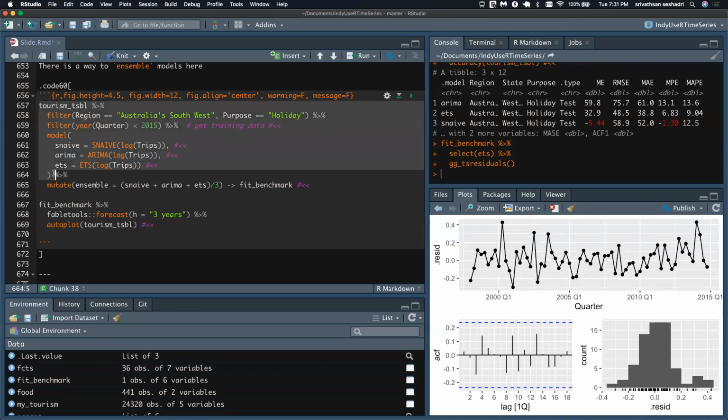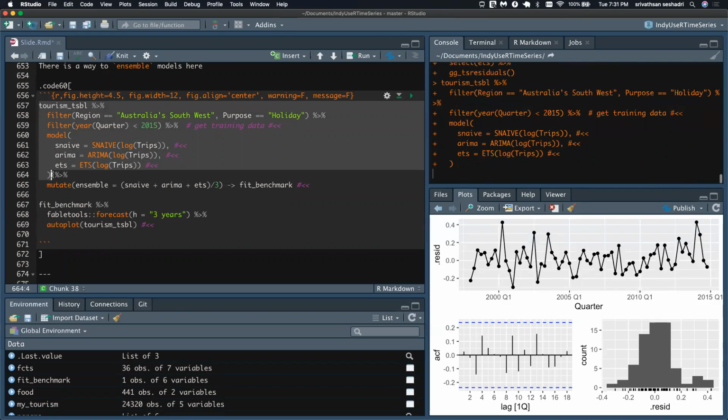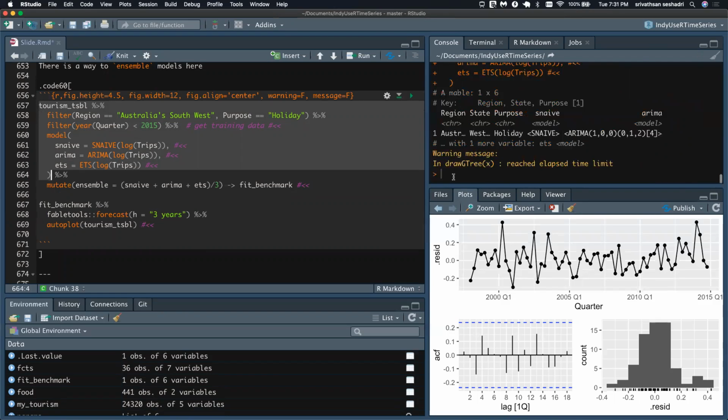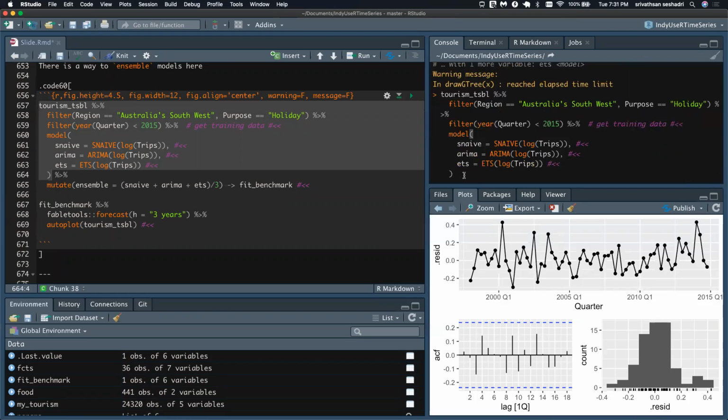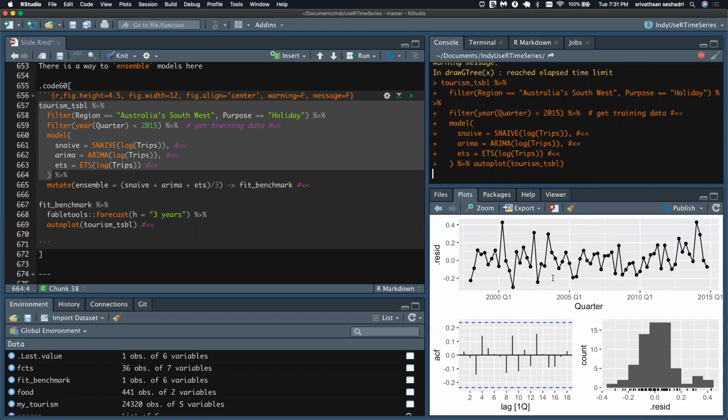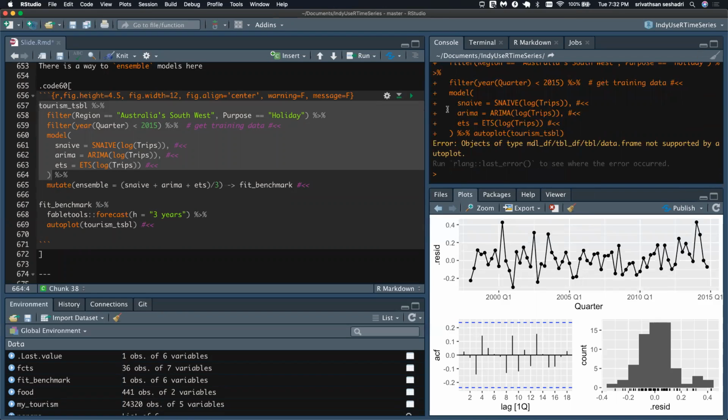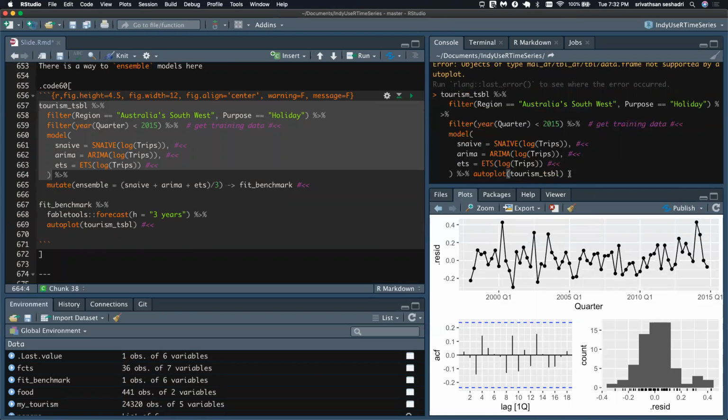Watch, I can do just that. It gave me the models. Then if I pass in the entire symbol, oh, how about making a forecast?